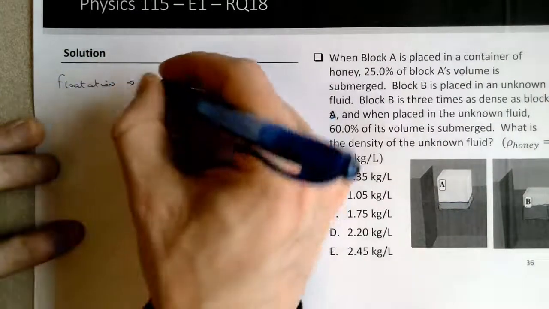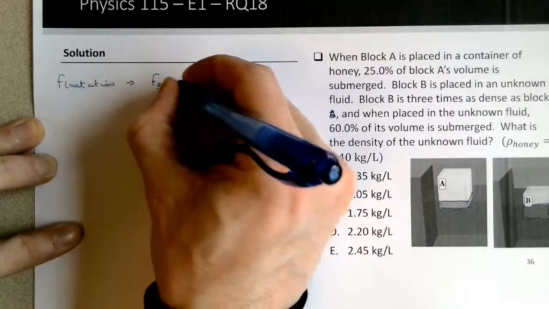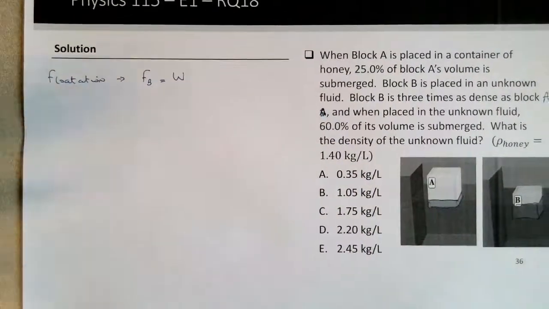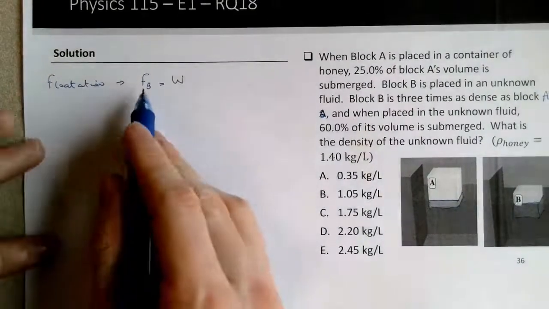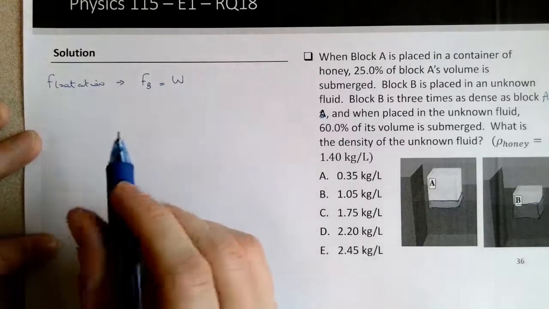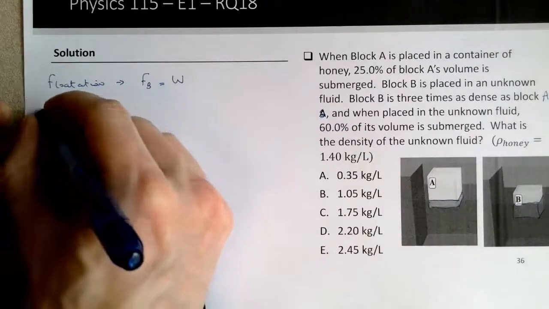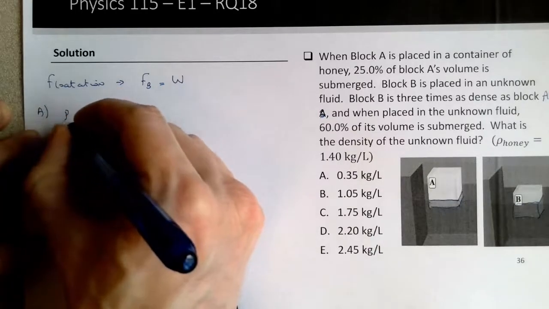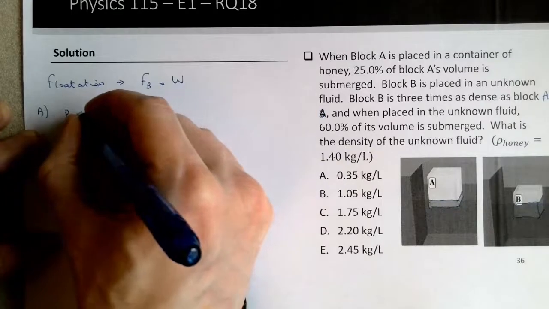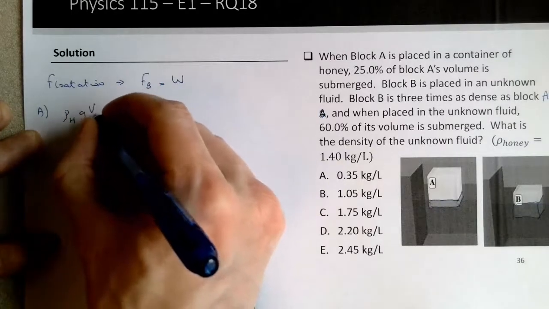the key condition for flotation is that the magnitude of the buoyant force equals the magnitude of the weight. That's what basically keeps the block at rest. So the weight force is being balanced out by the upward buoyant force. The buoyant force is given as the rho of the fluid times g times the volume displaced. So I'll do this for block A. So that's rho of honey, I'll just use H for honey, g times the volume displaced